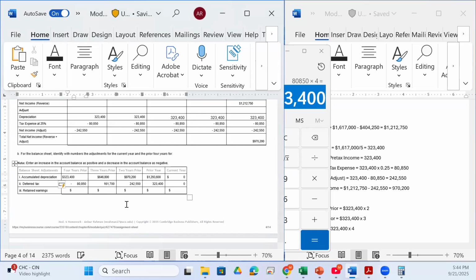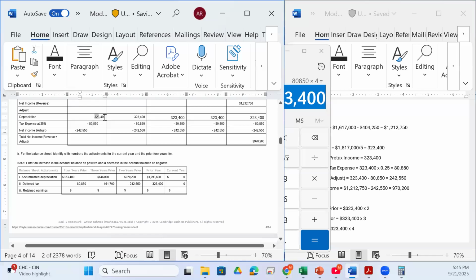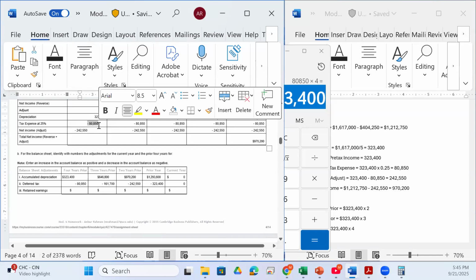Will minus this, right? So our depreciation expense needs to increase by, and our tax expenses need to decrease by each year by these amounts,